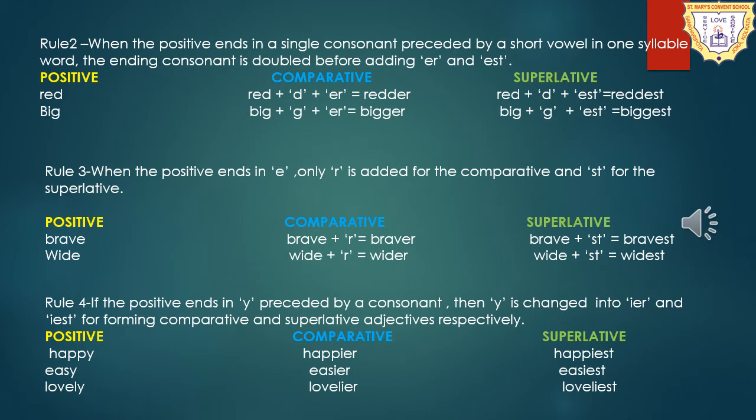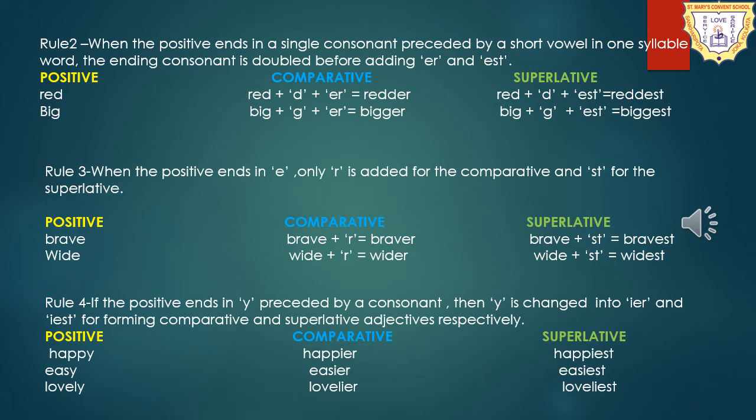Now we come to rule number 4. If the positive ends in y preceded by a consonant, then y is changed to ier and iest for forming the comparative and superlative adjectives respectively. So if the positive degree of adjective ends with the letter y preceded by a consonant, which is a letter that is not a vowel,